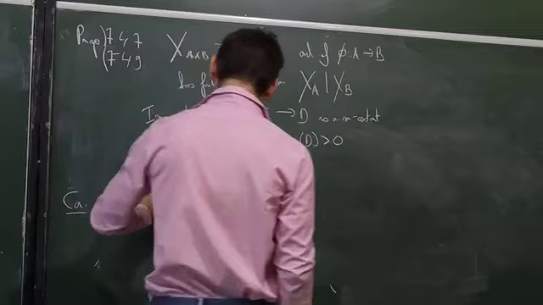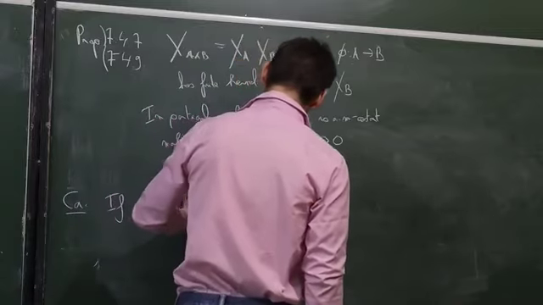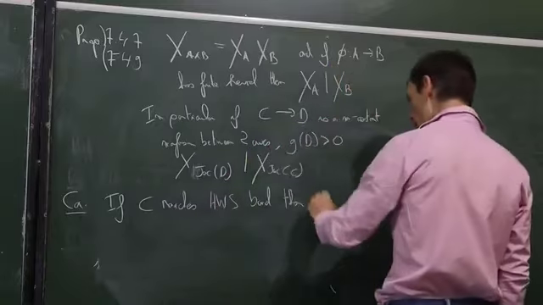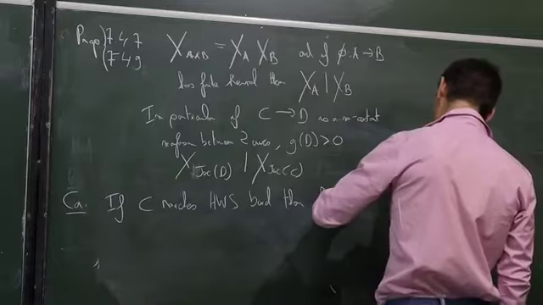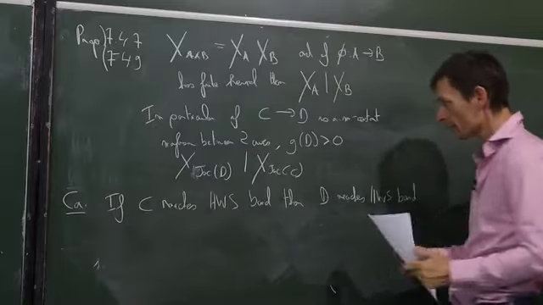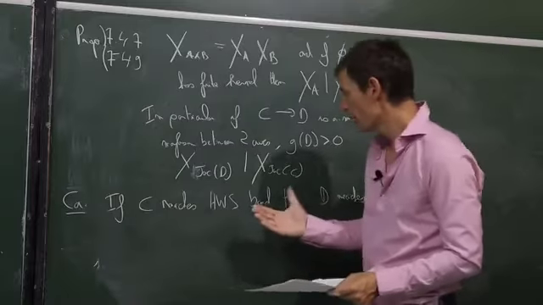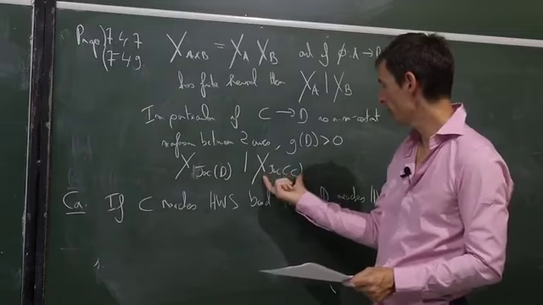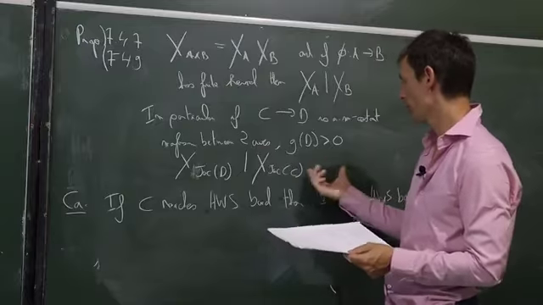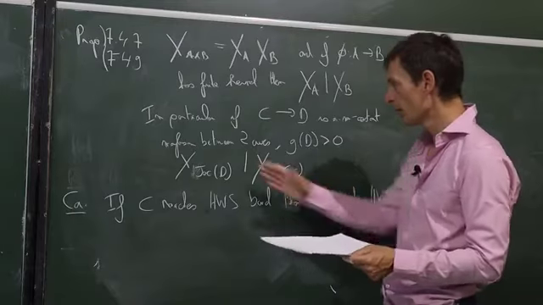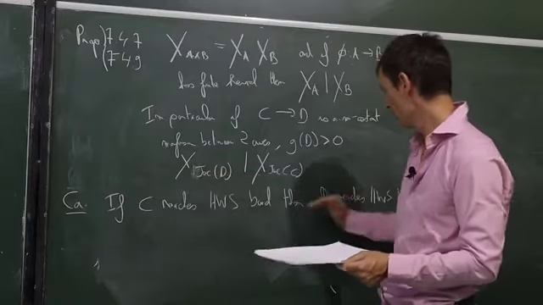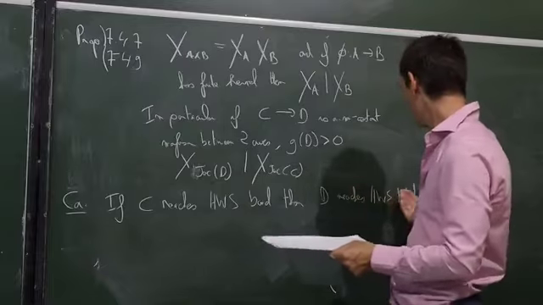But this is super nice, because as a corollary, if C reaches the Hasse-Weil-Serre bound, then with the notation just here, D reaches the Hasse-Weil-Serre bound. Quite nice, right? Simply because in that case, the Weil polynomial of the Jacobian of C is just going to be, as we have seen, a certain power of a polynomial of degree 2. This must be the same power of a polynomial of degree 2,